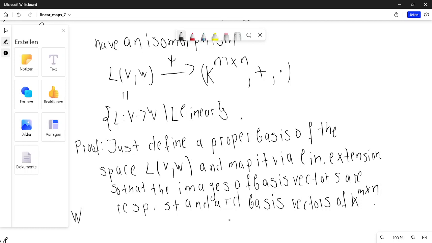Of course, because we would have to map different basis vectors. All right. Dimensions would be equal,